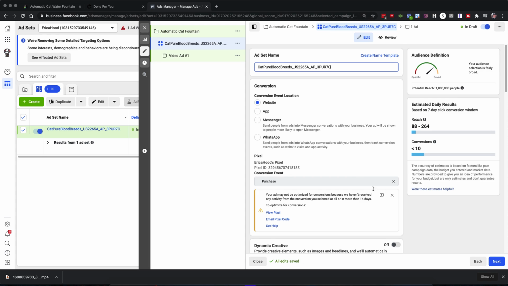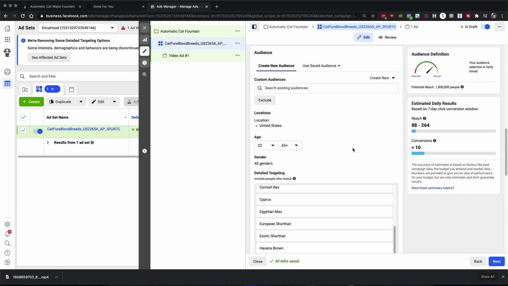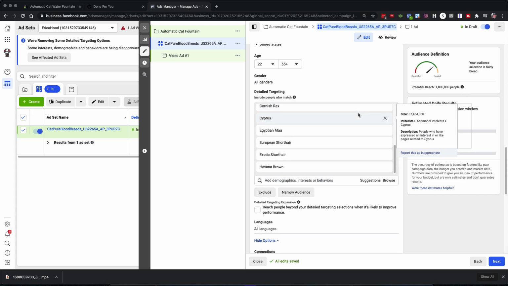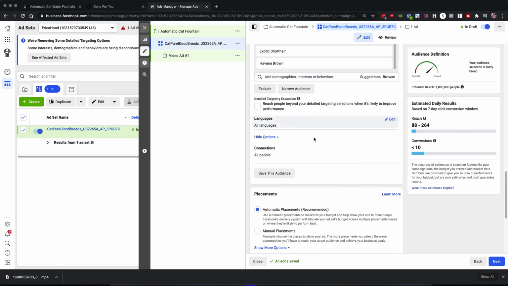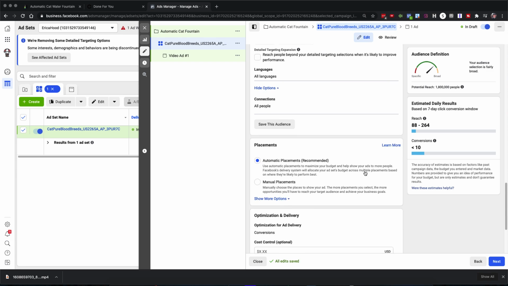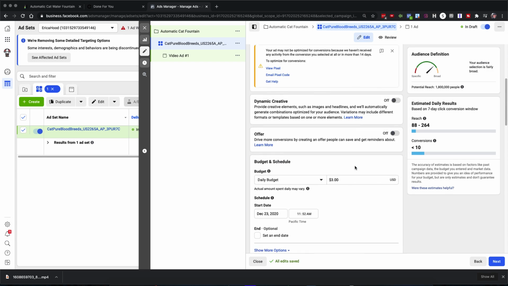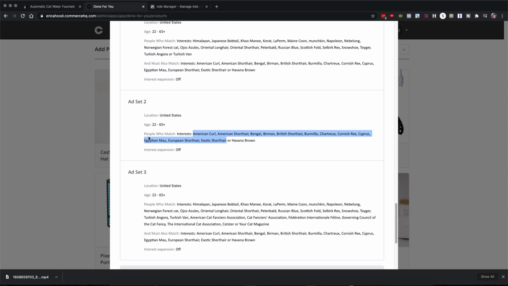So I'm going to scroll down. I think I got everything set up. Yep, United States. See, right here's where I would exclude the custom audience. I don't have that set up yet. I have this unchecked. That's good. I'm going to leave it at all languages. Auto placement. I don't have to worry about anything else down here. Okay, this is good. I'm just going to double check, make sure that there is no, okay,